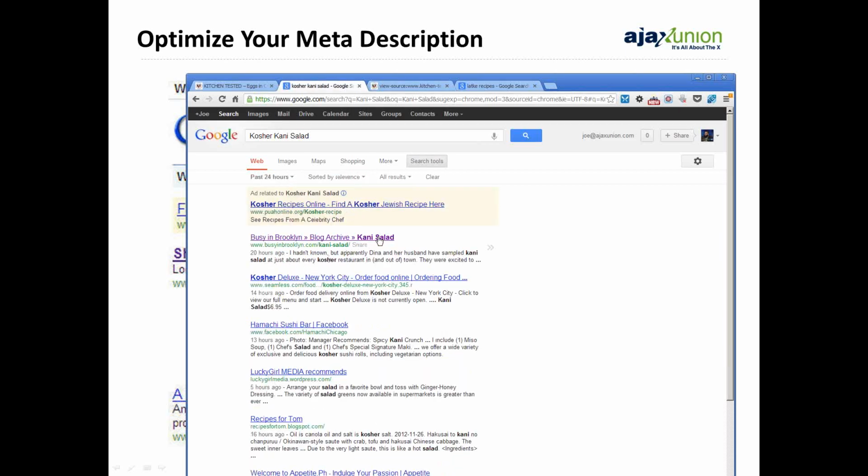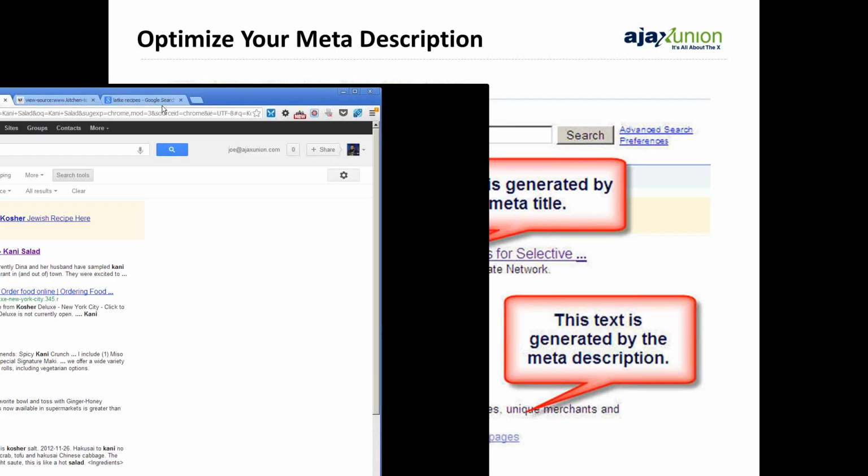Kosher Connie salad. But I wonder if I do more search tools in the past 24 hours. You see the way the title comes up right here? That's because she has it in her title tag. Connie salad. The URL is Connie salad, and then Google shows a snippet of the word Connie salad and the word kosher. So that is very, very useful, and you want to be able to do that when you're